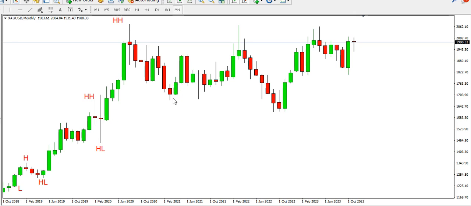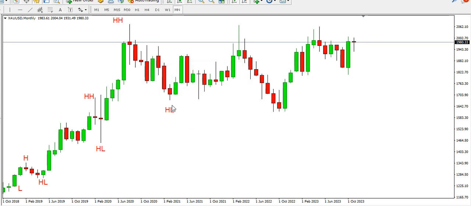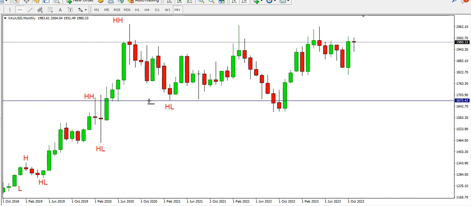So we call this higher low. This is our higher low. Now this particular higher low is a structural low. It got broken around here. This is where this structure, this low, got broken for us to expect price to continue to go